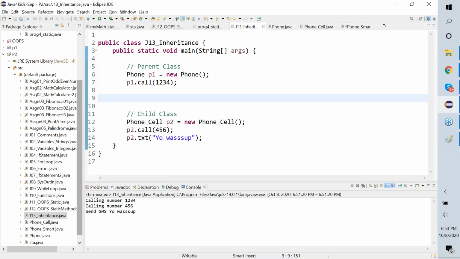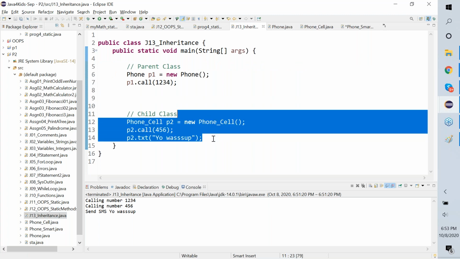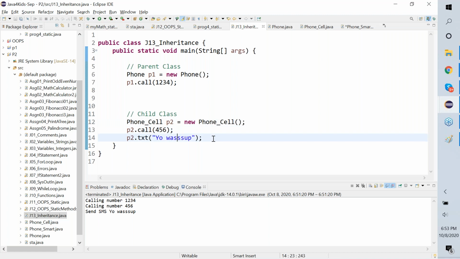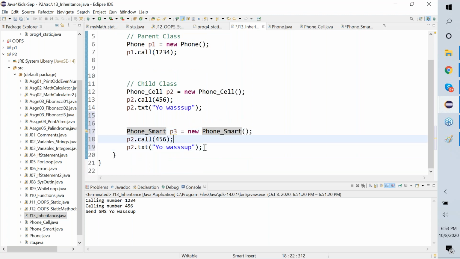So if I go back to my inheritance and see now what I can do, team. It's almost like a grandchild now. Okay, phone_smart, and this is P3. And this is phone_smart. And see now, when I say P3 dot,